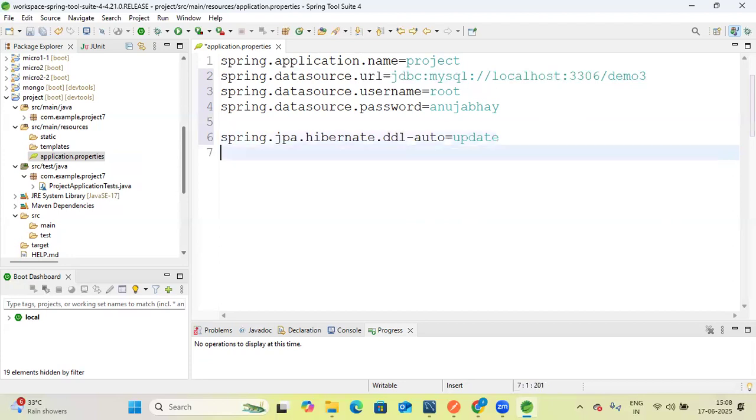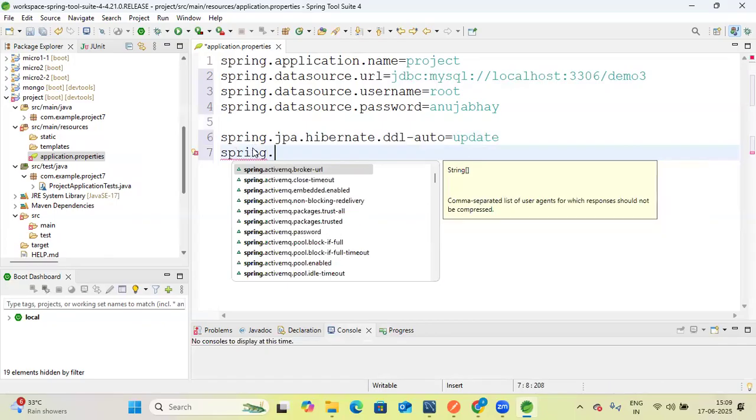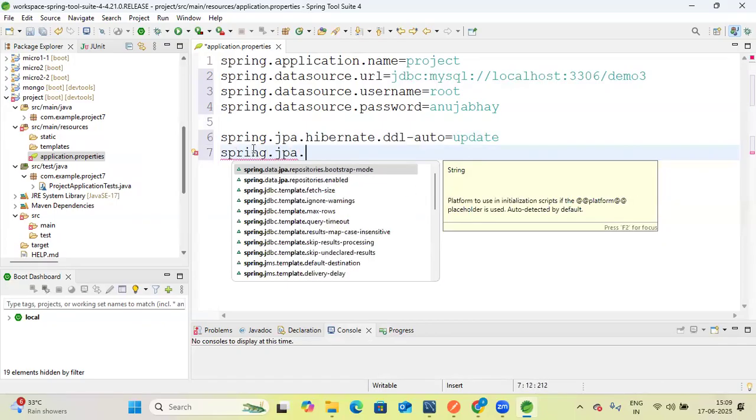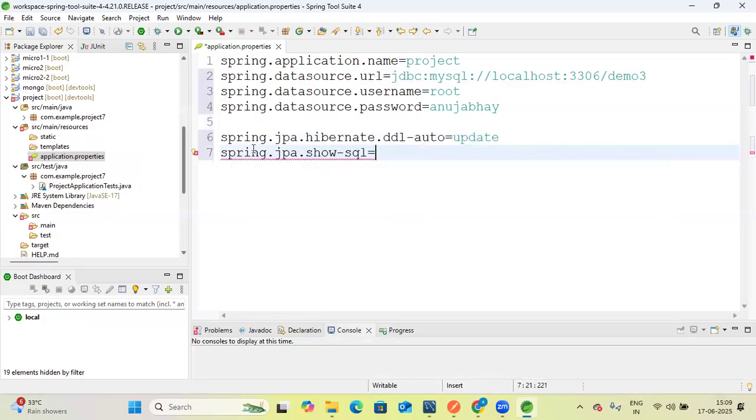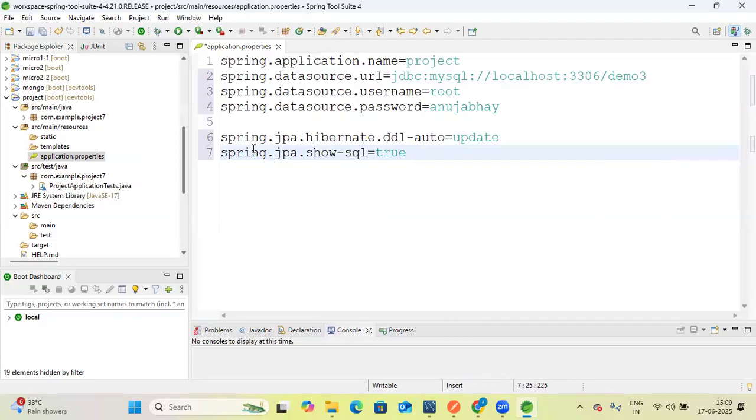And if you want to see the SQL queries which are generated by Hibernate inside the console, you can write one line: spring.jpa.show-sql equal to true. This will basically show the SQL queries which are generated by Hibernate. Okay, and save this. This is application.properties. Okay,